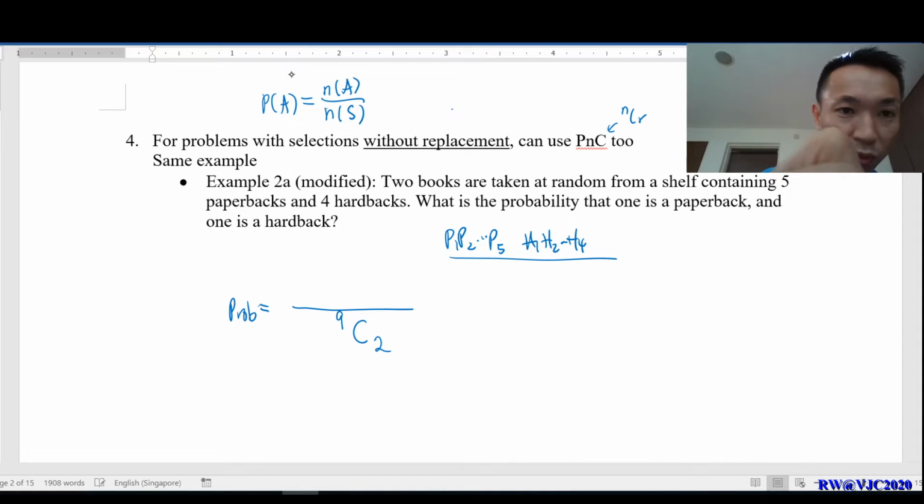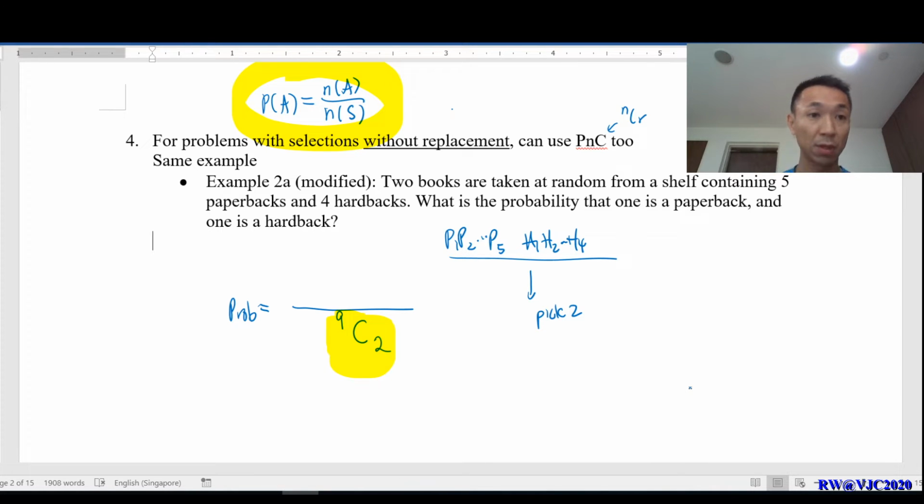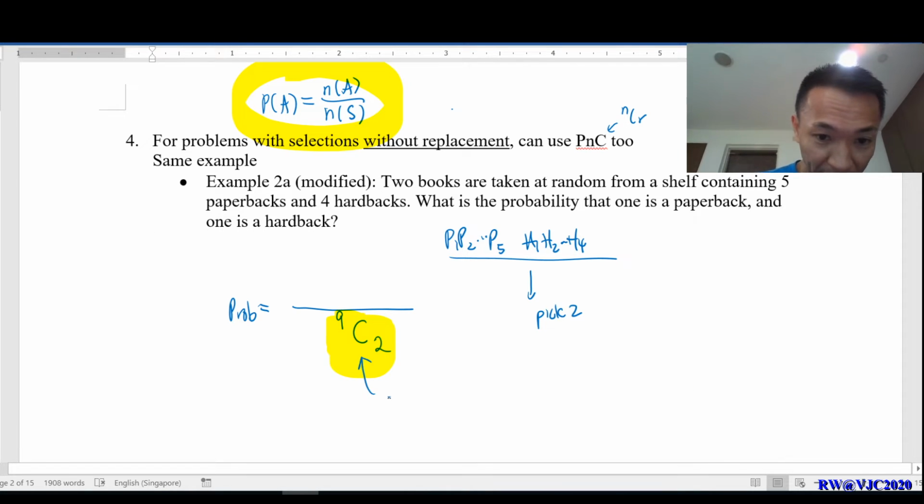Again, I repeat, I'm using this principle. Total number of ways, total number of outcomes when I pick 2 books is this. So far so good. Now, if I want to pick 1 paperback and 1 hardback, how many ways can I pick 1 and 1? And I notice when I say choose, that means the order